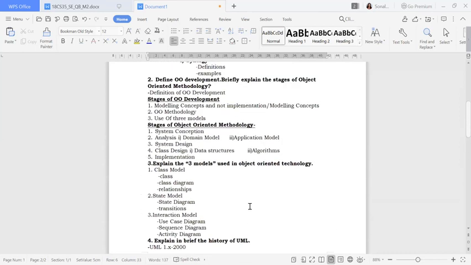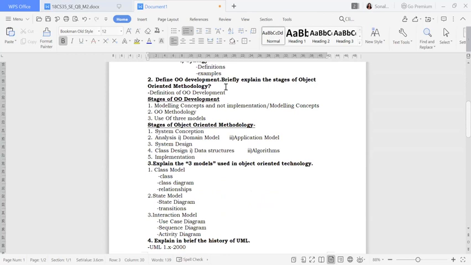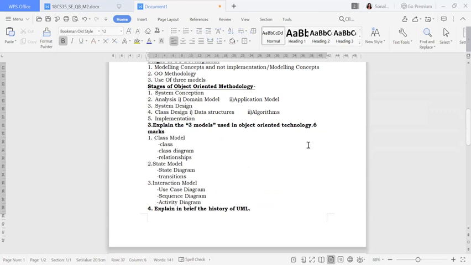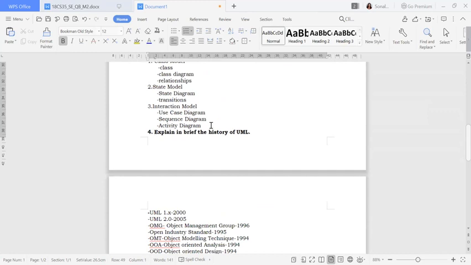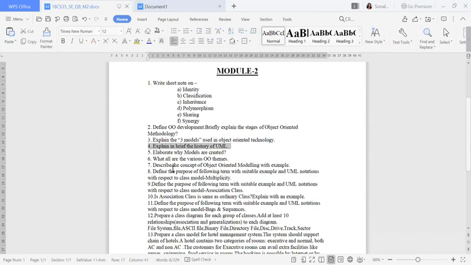Fine. So I'll just write down how many marks it will come for. I have not written that. This question has come for your 10 marks. This development part will be 2 marks and the explanations will be 8 marks. So totally it can come for a 10 marks question. Fine. The 3 models can come for a 6 marks question. So according to that, you need to write your answers. Yeah, this one can come for hardly 5 or 6 marks or 4 marks, not more than that. Fine. So now we'll move to the next question.